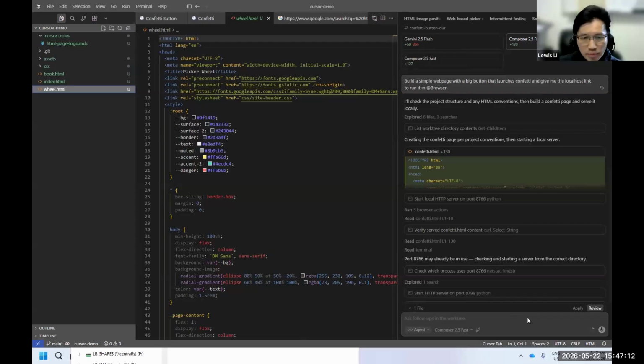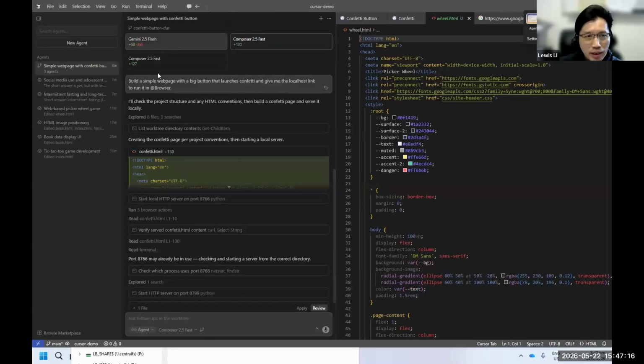So this is one thing that I like. You can run the same thing with different models at the same time, and then you can compare later on. When you confirm the one which is the best, you can click apply, and it will automatically save it for you as the final one. So this is called the multiple model.